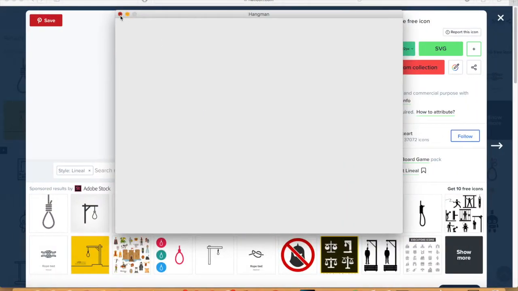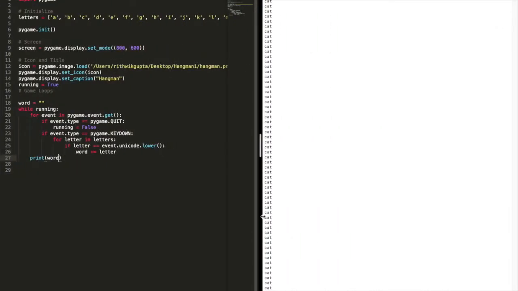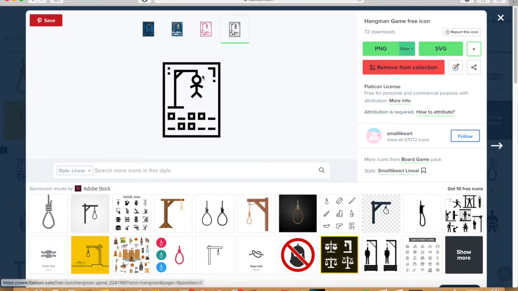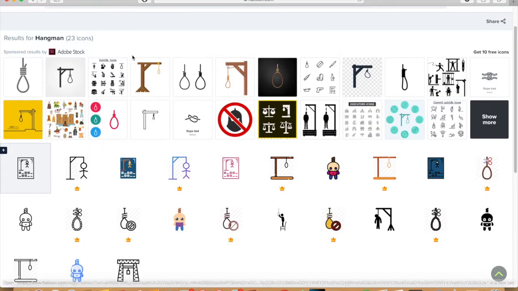Okay, so now let me quit this. Okay, now we have a whole lot of cats. Okay, now what we want to do is, if you saw the code at the start, it would show some dashes of what we put, which is a cool thing that I thought would be interesting to add. So now to get the dash image, again, we'll need to go to flaticon.com,